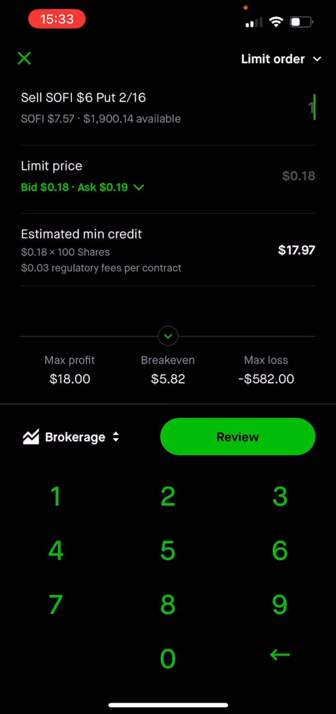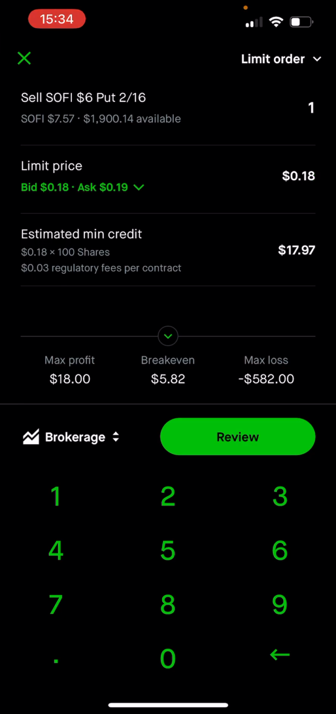So for the example, we're going to do 1 contract. And then the next thing is a limit price. So we can see the bid ask is pretty close together. It's 18 cents for the bid and 19 cents for the ask. So we're going to go ahead and do 0.18, which they're going to pay $17.97 for doing this 1 contract. So for tying up $600, they're paying us